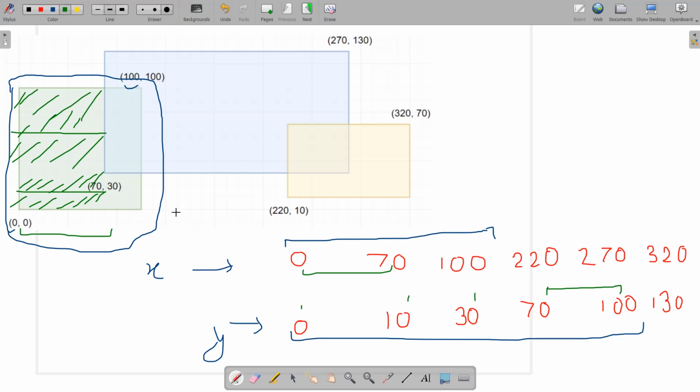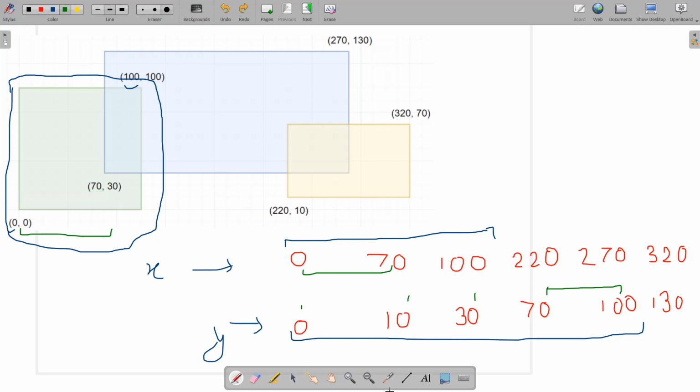Okay, so for 0 to 70, we would be dividing each segment from 0 to 100, where the y coordinate lies, into some different parts. You can see from 0 to 10, from 10 to 30, 30 to 70, and from 70 to 100. Now for every adjacent coordinate difference in the x part, we are going to find every coordinate difference in the y part, and we are having the length and also the width. So our answer would be incremented by length times width